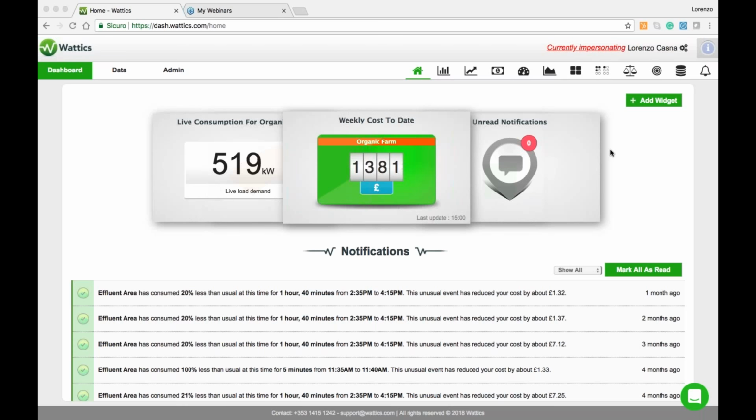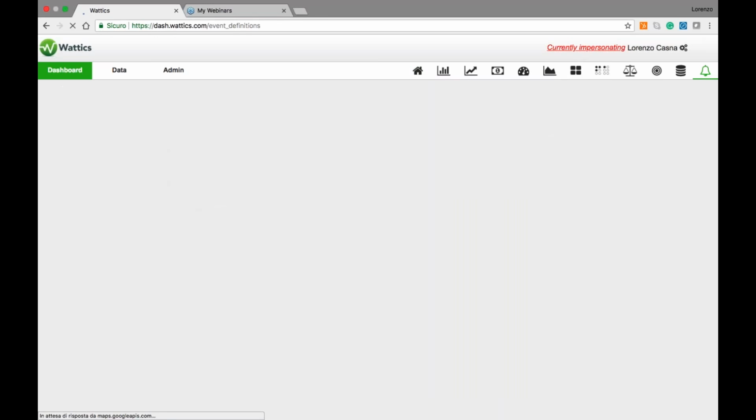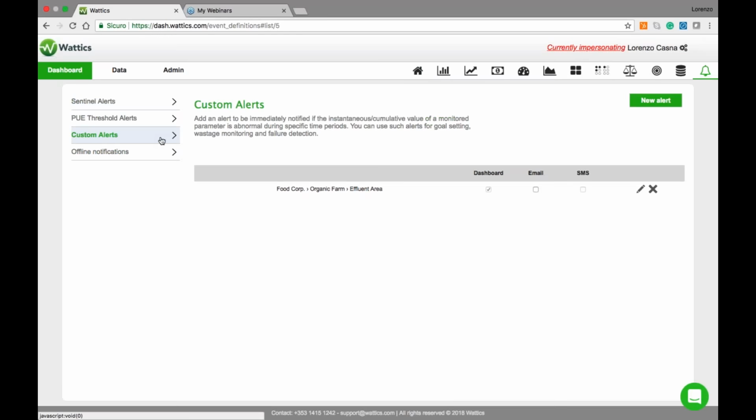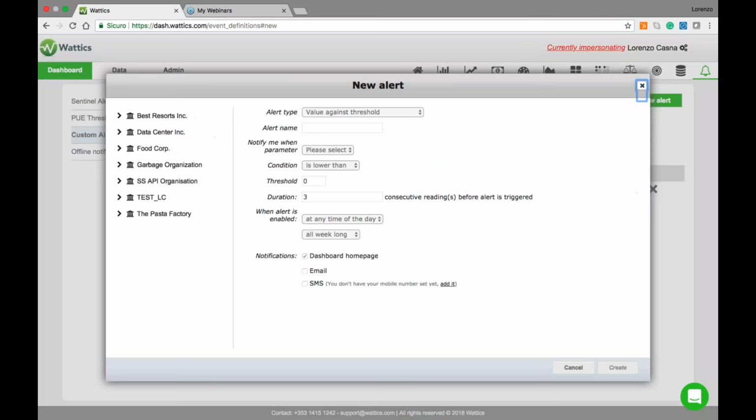So we updated the notification tool, as Antonio mentioned during the first webinar, and now you won't be able to set notification with the usual icon that you had down here, but you will have to select this bell icon, which is notification settings, where you will find the usual alerts, and pay attention that the custom alerts are brand new, are being revisited to be more accurate, to be more customizable,